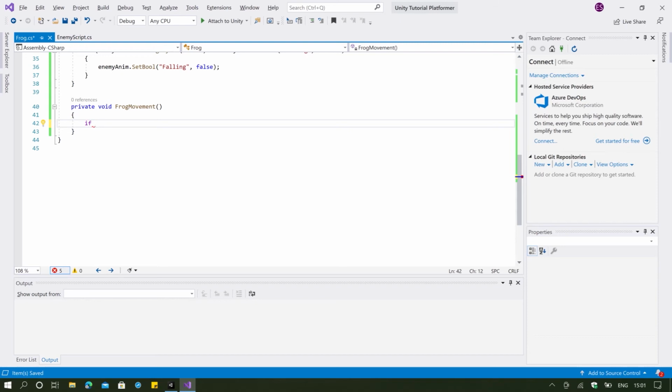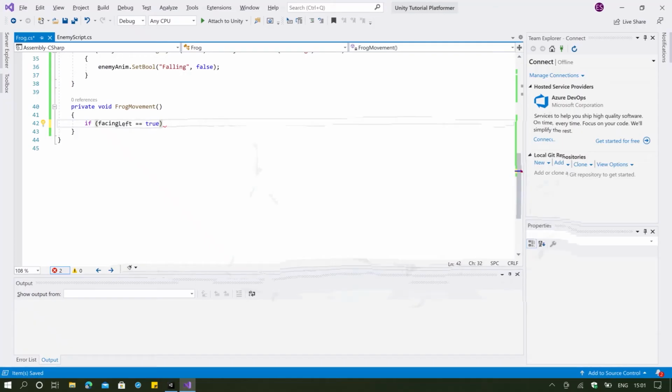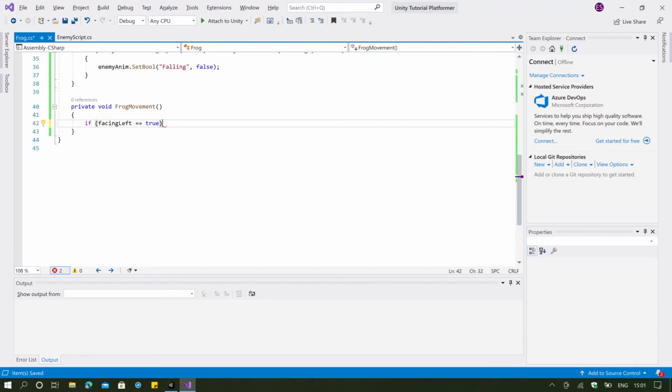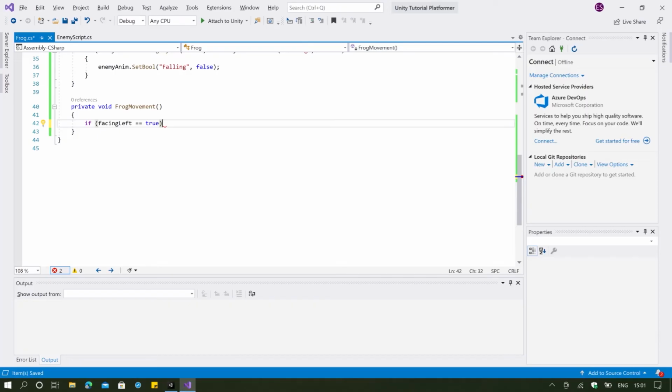So if facing left is equal to true, which means that the frog here is looking left, and it is right now, actually. And then we want to make sure that this code is executed, so we can click enter, shift curly brackets to form the paragraph, and then we can type in the code we want to execute. And if facing left is equal to true, then